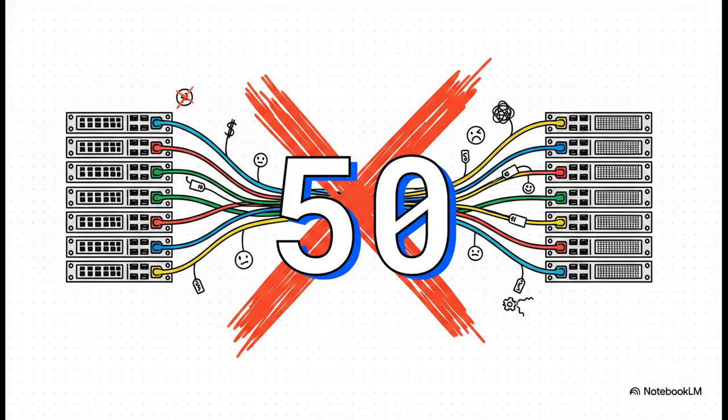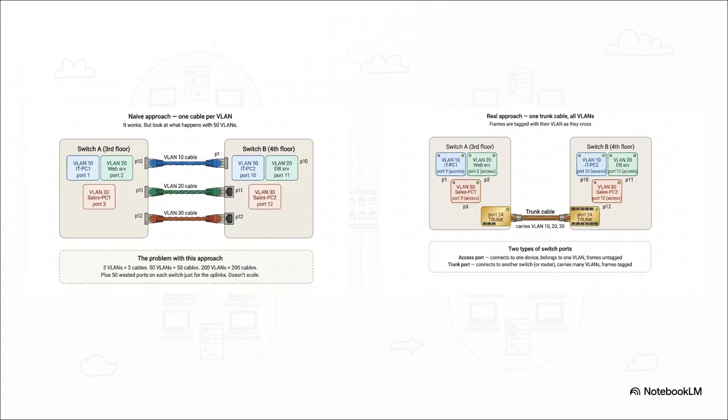If you have 50 VLANs, you'd burn through 50 physical cables and waste 100 expensive switch ports just to link those two switches together. That kind of setup simply doesn't scale. No way. Which builds a pretty clear case for finding a better way. The naive approach gives you this tangled, wasteful mess of multi-cable uplinks, like needing 3 separate cables for just 3